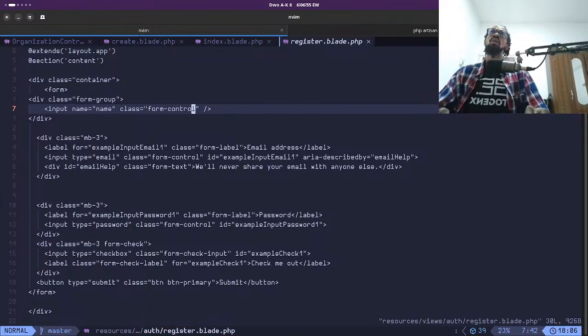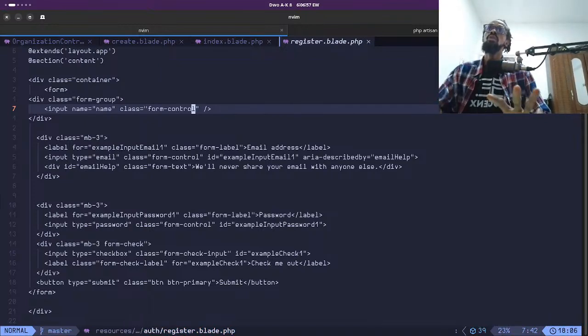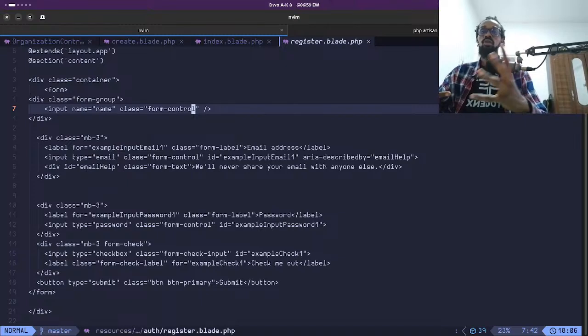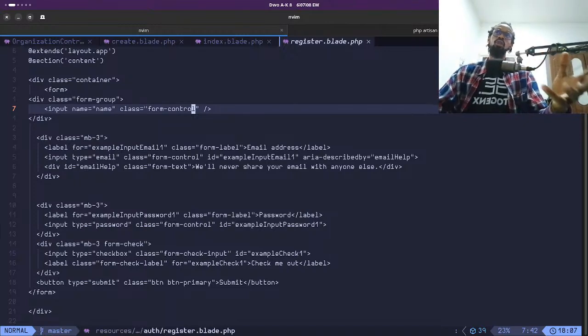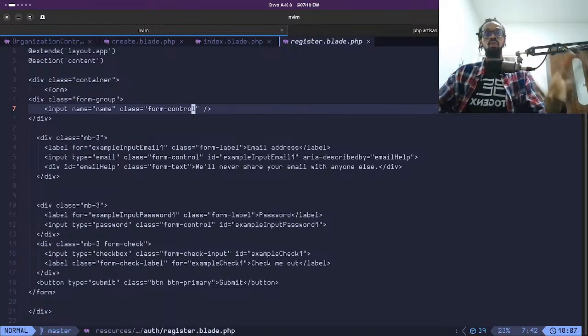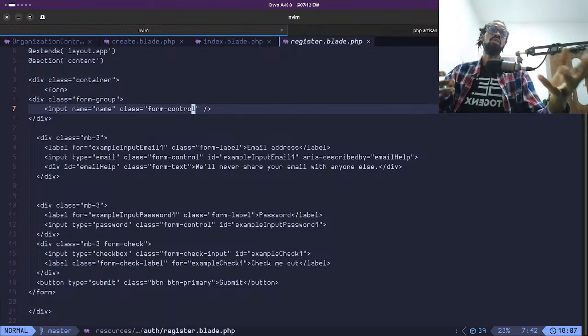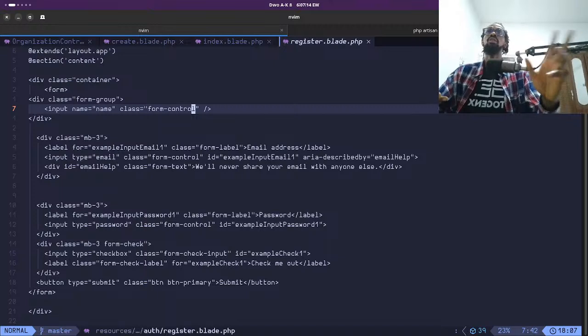Okay, so we'll do this. Give the users a way to create accounts, maybe log in, and then create an organization. Then we'll call it a wrap for today. When we resume on the next video, we're going to take it one step further, create organizations, and then make the organization send emails or invite emails